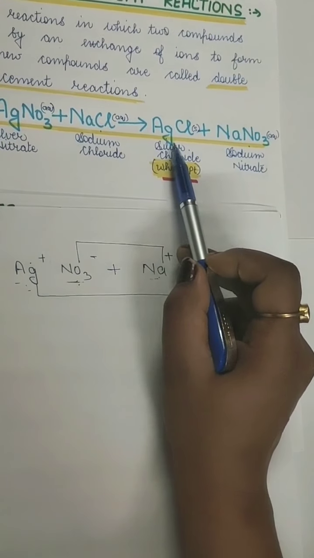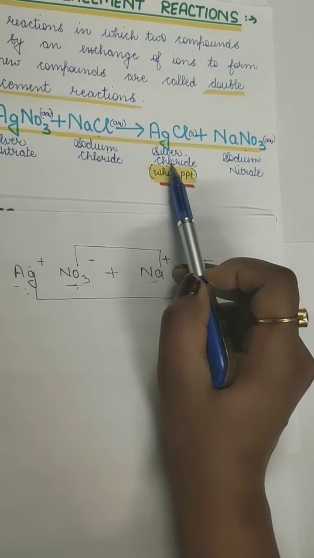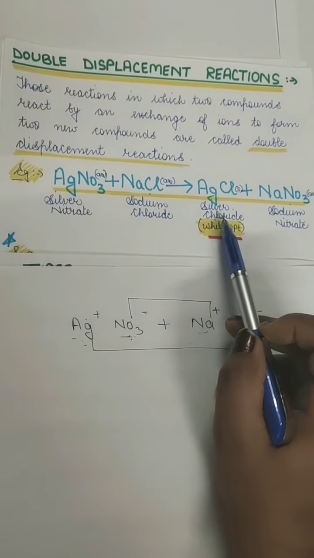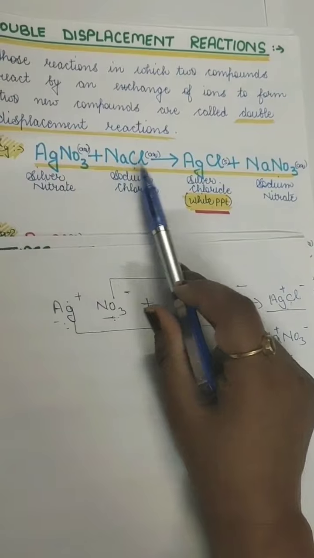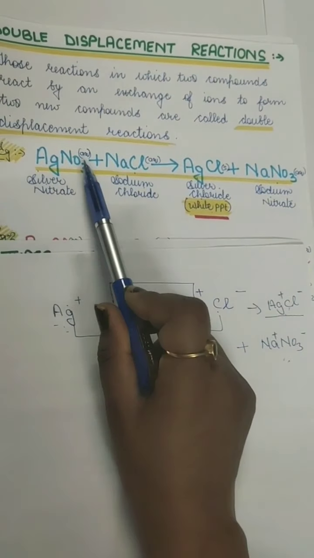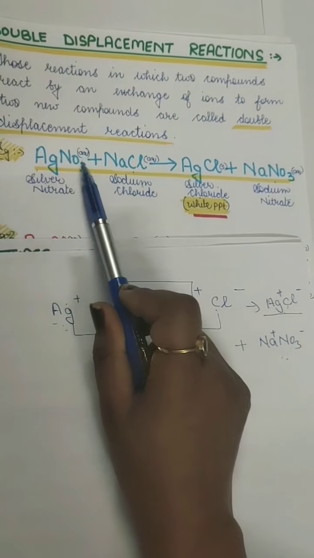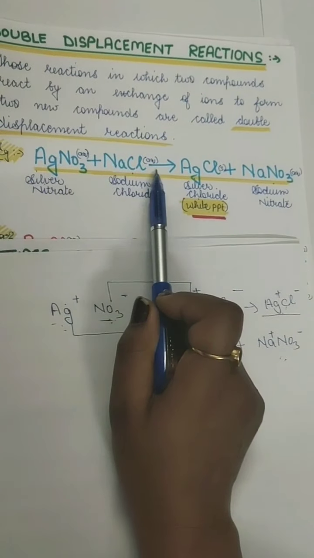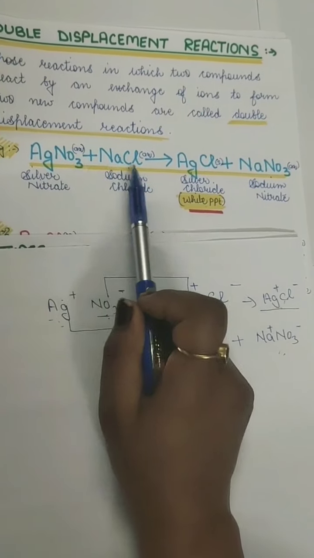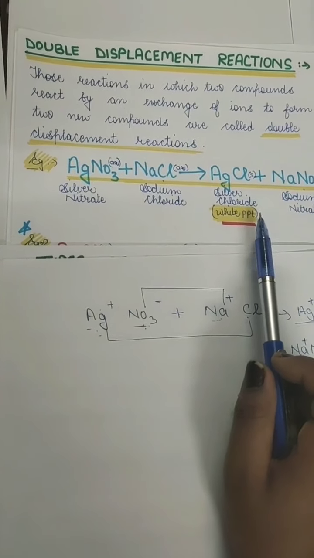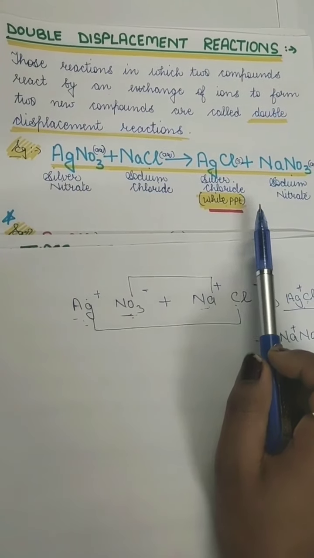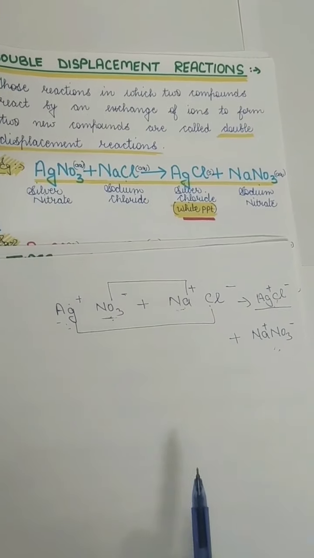Along with this, there will be some white colored powdery substance which is no longer soluble in the water. So this is a reaction. It is called a double displacement reaction because this is displaced with this, so it combines with this. So there is an interchange or exchange of ions, called a double displacement reaction, and most of the time a double displacement reaction is also a precipitation reaction.